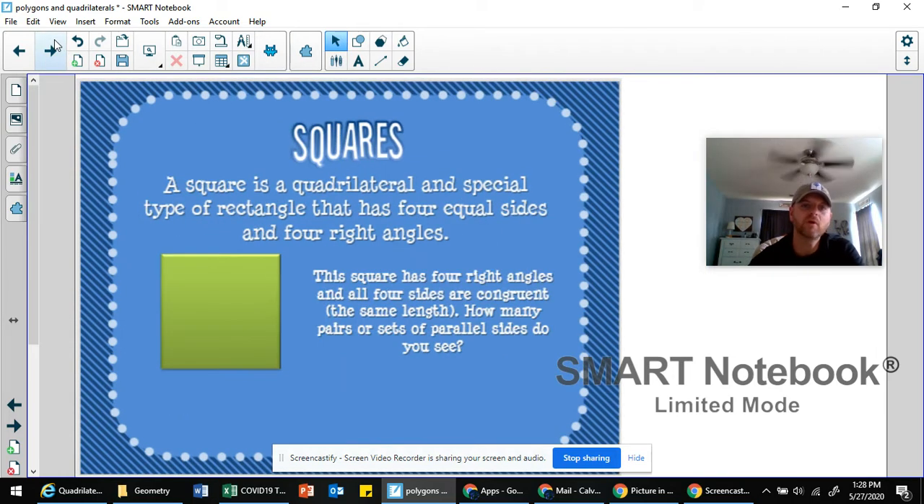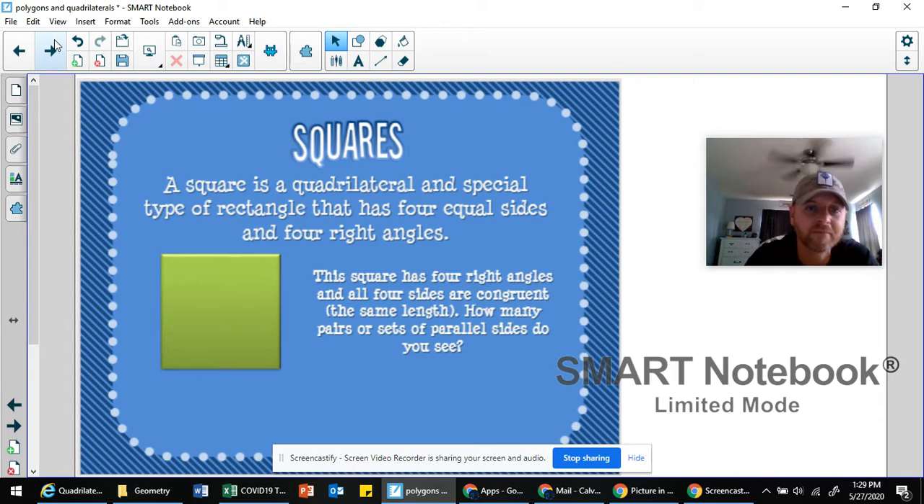Moving on. Squares. A square is a quadrilateral and special type of rectangle that has 4 equal sides and 4 right angles. And yes, you did read that correct. A square is actually a rectangle. I know, at least for my students, I've been telling them that all year long. Whenever we talk about shapes, I always like to throw in those little pieces of information so that way when they're taught later on, they actually remember. So most of them tend to remember that a square is actually a special